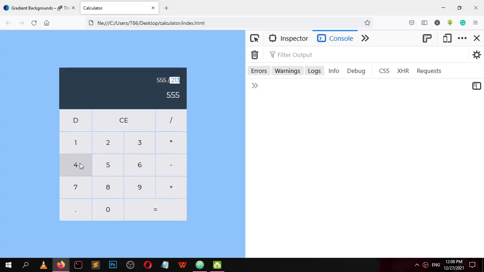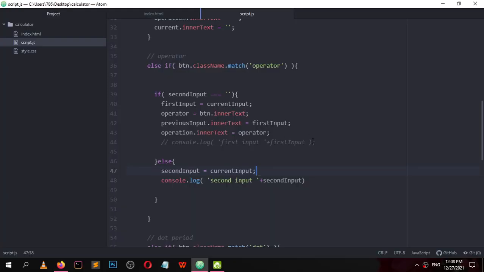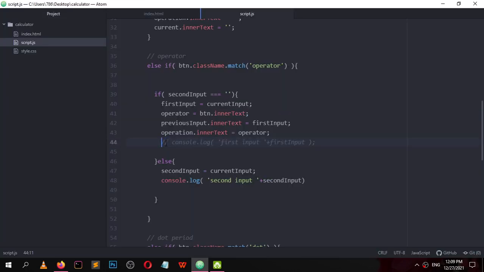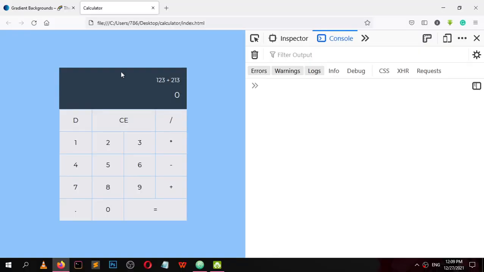Now as soon as I hit, whenever it happens, the one thing that remains here is to clear this button. As soon as I hit this operator button, this will clear from here and go to here. So result.innerText is now equal to 0. Let me show you.